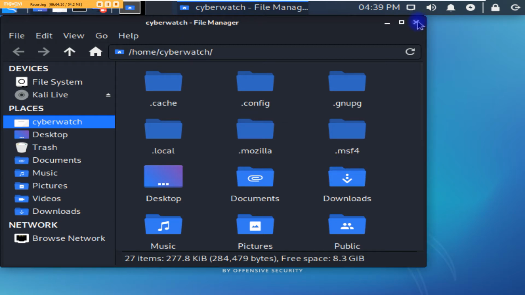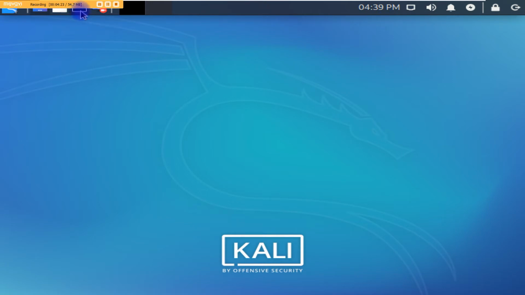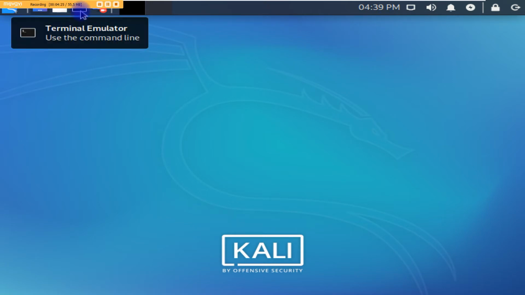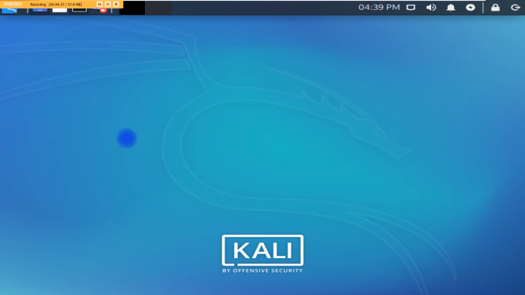So the next icon here is our terminal. This terminal is where we are basically going to be doing almost everything we'll be learning in this course. Right now I'm clicking on it. It's where we enter our commands, we run a lot of things. If we want to do pen tests, like if we want to hack into remote systems, or hack into a Wi-Fi, anything we want to do, we are going to be using this terminal to do it,